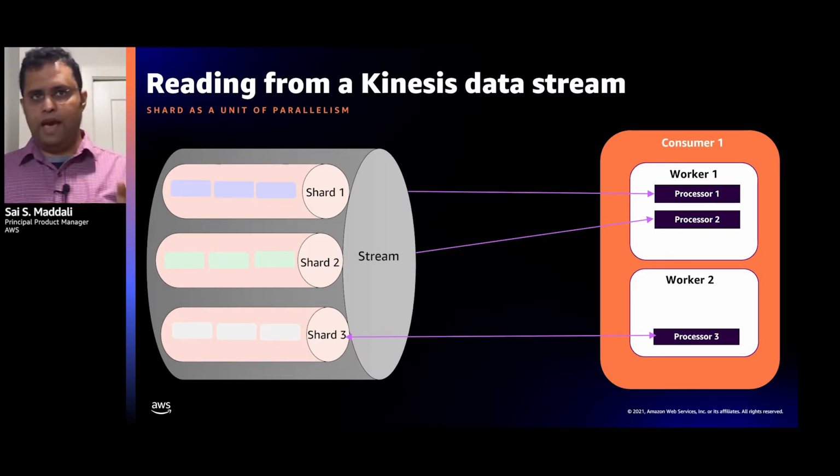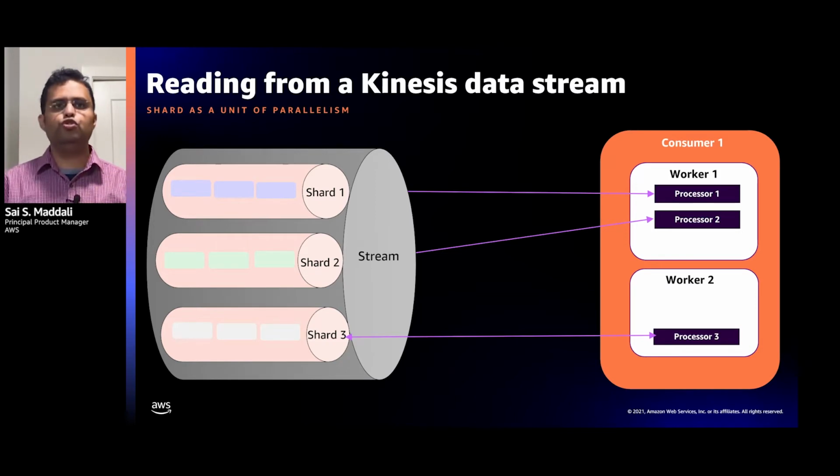So, to recap real quick, you use a partition key to write records. Kinesis uses the partition key to route records to specific shards. That data locality and the shard's parallelism enables you to process this data at really low latency. In essence, that is how you write and read data into Kinesis data streams.